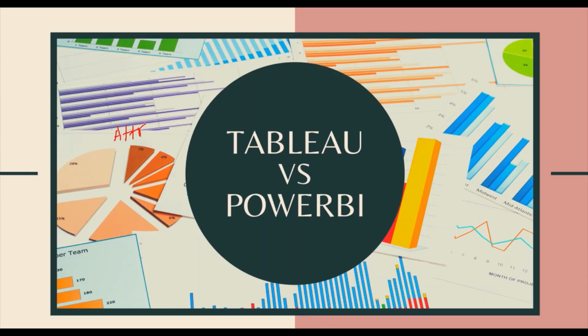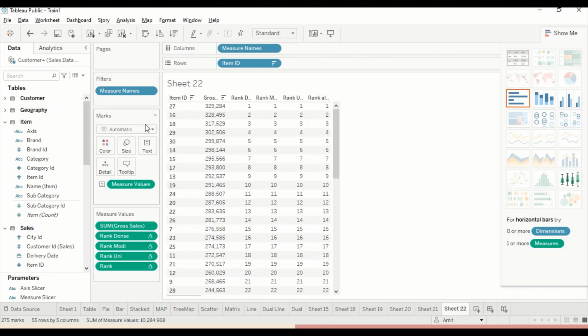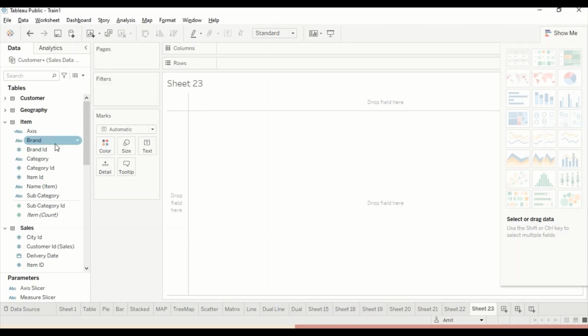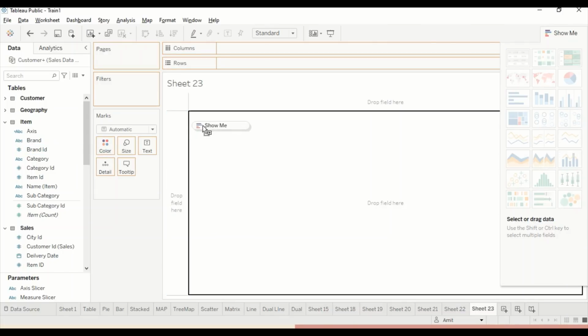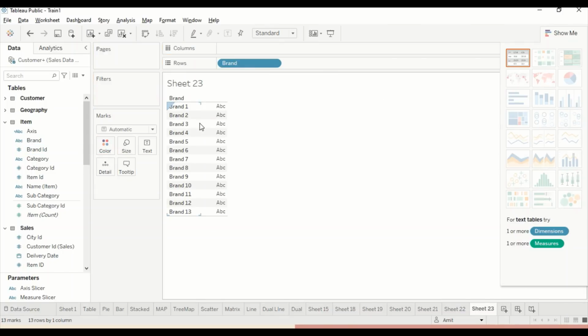So to understand how this function works, let's jump on Tableau. So I'm in Tableau right now, and I'm going to use this attribute function. Now, before I use it, let me create a sheet and explain what exactly I want. So I drag brand here. If you don't have my file, just look at my initial videos, you will be able to get it. In every video I give my GitHub link, and from there you can get these files, under the heading data used in video.